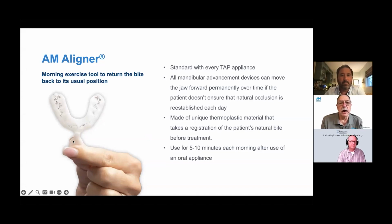Because you think about it, you pull the condyle out of the center part of the fossa, and the body adapts. It can do that just fine, but you keep it there for several hours, and what's going to happen is your parts will take a set, as it were. It's kind of like sitting in one place for a long time, and so you have to get those parts back to their normal configuration, or else the teeth won't come together. If you allow that to happen over and over again every night for some time, then your body's going to readapt, and it'll maybe prevent those teeth from coming back together. And that's true for every single device out there. There's nothing unique about moving the jaw forwards